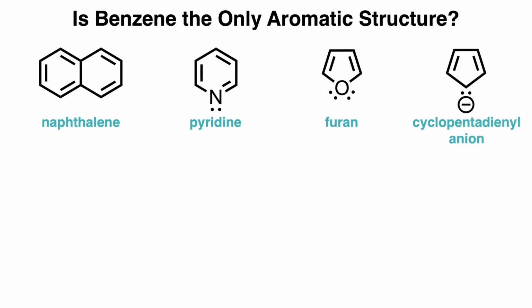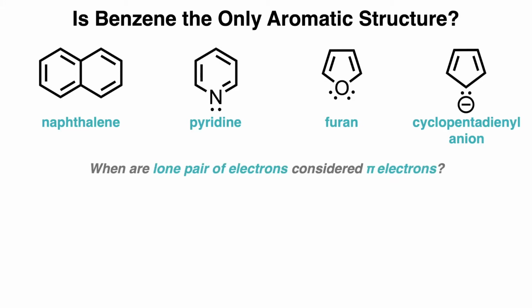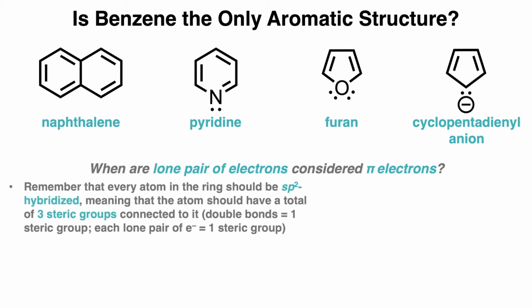Now, one thing that is important is how to figure out when lone pairs of electrons are considered pi electrons, especially when there are lone pairs on more electronegative atoms like nitrogen, oxygen, or even sulfur, for instance. Remember that every atom in the ring should be sp2 hybridized, which means that the atom should have a total of 3 steric groups connected to it. Recall that double bonds count as one steric group, and each lone pair of electrons also counts as one steric